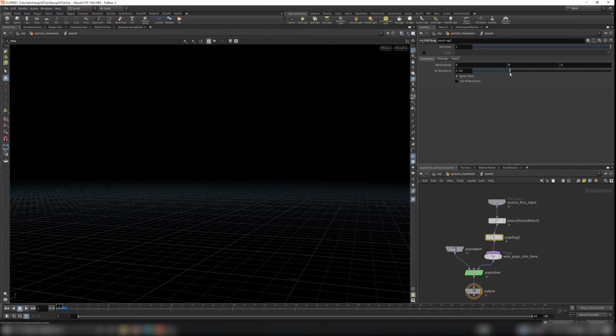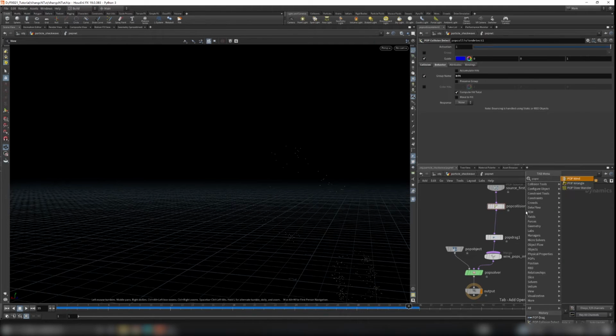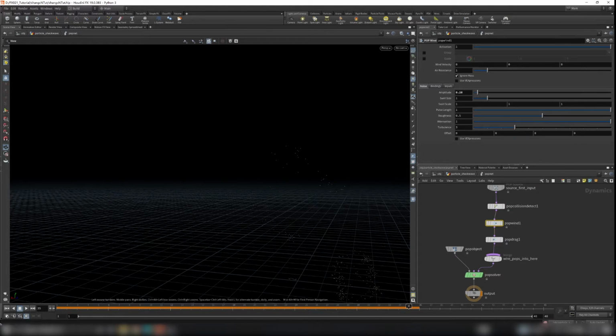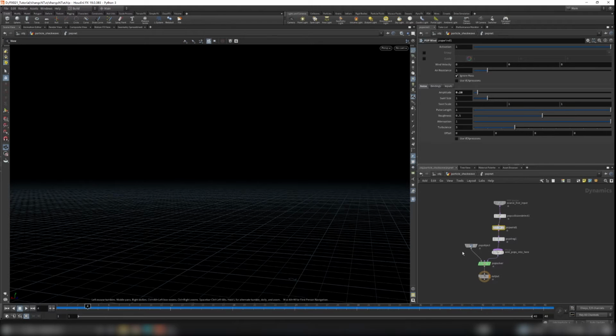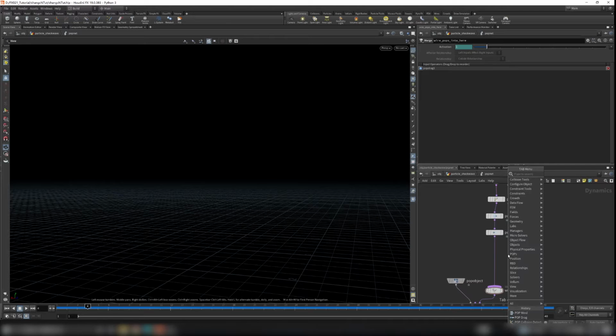Maybe increase the drag value here, and add a pop wind to give some randomness to it. Okay, just a little bit. Play it. Okay, now we want the particles to slide on the surface, so we can use a stop solver to bring the geo